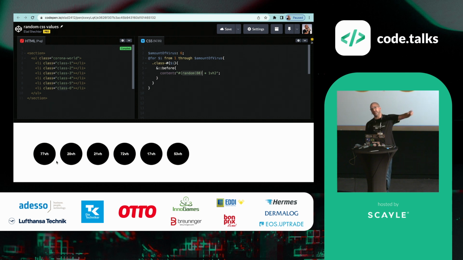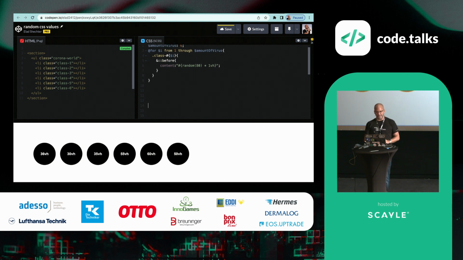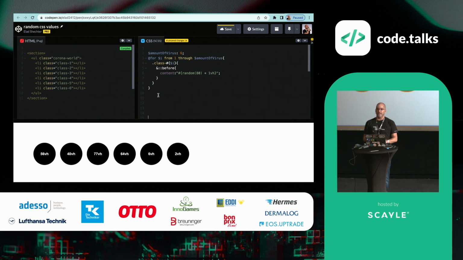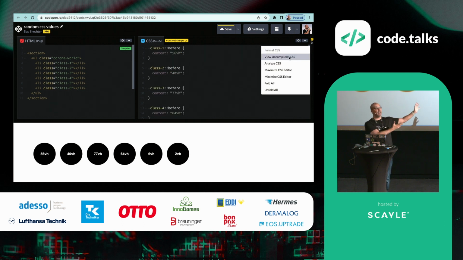And for you to believe me that those values are randomized, the only thing I need to do is compile the Sass code again to CSS. To do so, I will just press Enter, and it will compile, and the number values will change. If I do it again, they will change again, and as many times as I click on it, it will change. And believe me, it is just CSS. What is being compiled is just regular CSS.